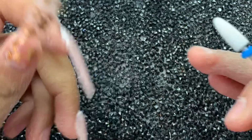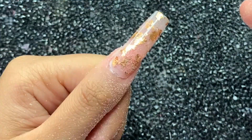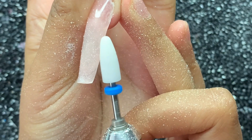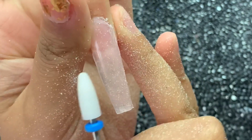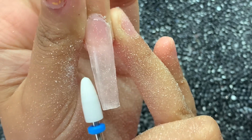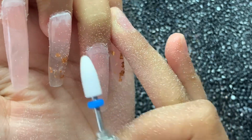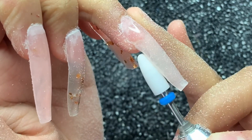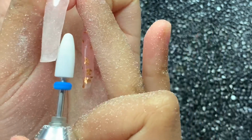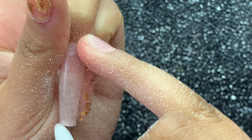Just make sure it's nice and straight, and then I do the cuticle just like that. I like to use this shape of bit because it has that nice small end for that cuticle area, and then I just make sure I'm holding it nice and straight when doing the edges, and that's pretty much it. And then also don't forget your shaping underneath. You can just go in and fix that, but if you're not too fussed about that, then you could always